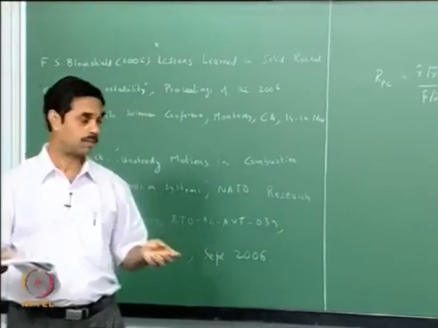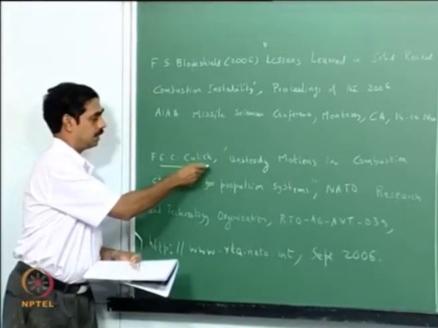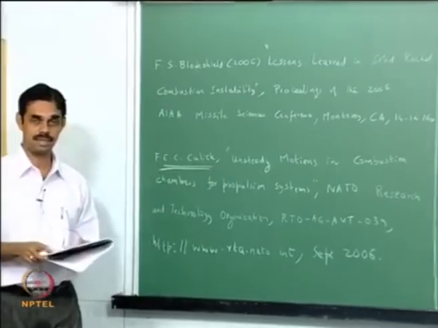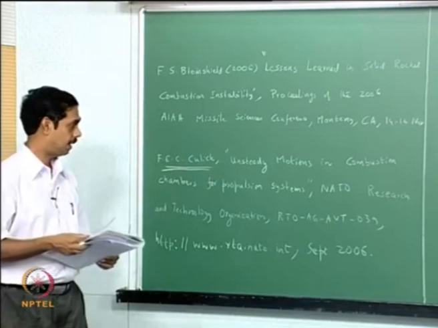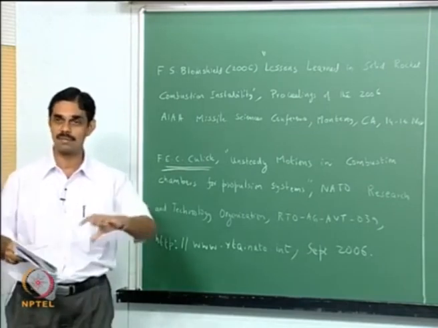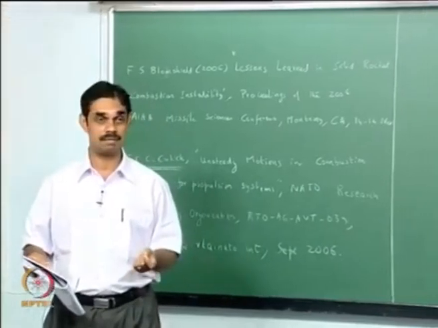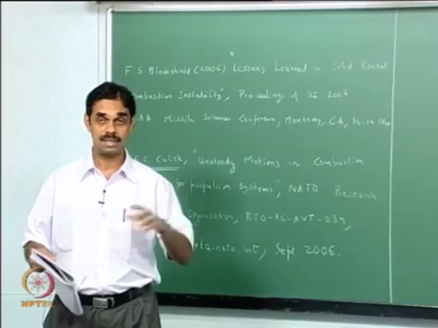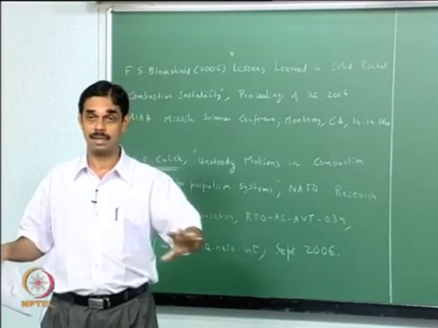Now to get a detailed idea of this stability calculation, I suggest you read this book. It is given very clearly and elaborately, starting from 3D, then it derives the 1D version, and in some sense it is a more complicated version of what we did for a Rijke tube or something like that. There our heat release function was like a delta function sitting at one place, whereas here the combustion is distributed, so it is there everywhere.